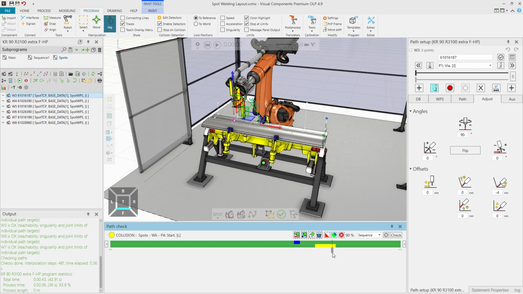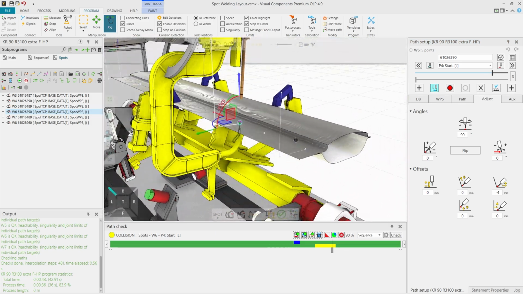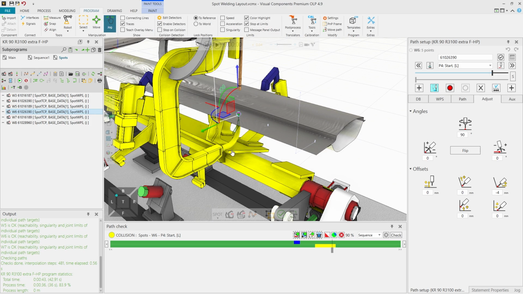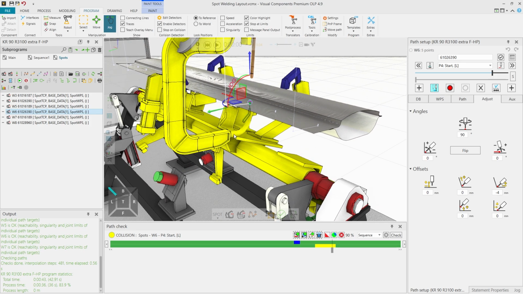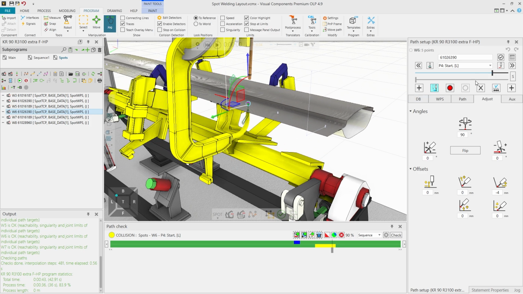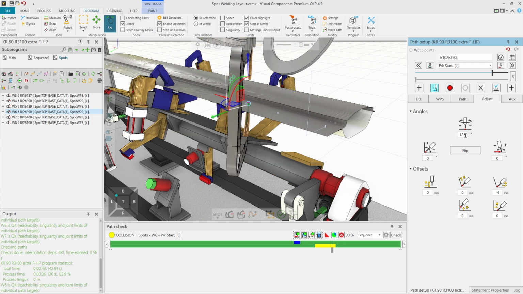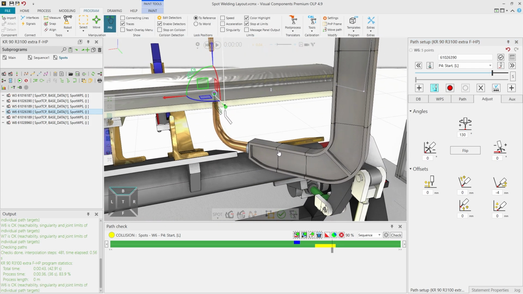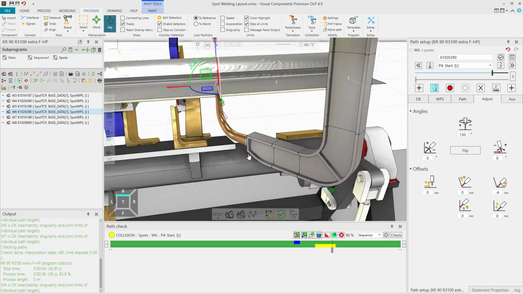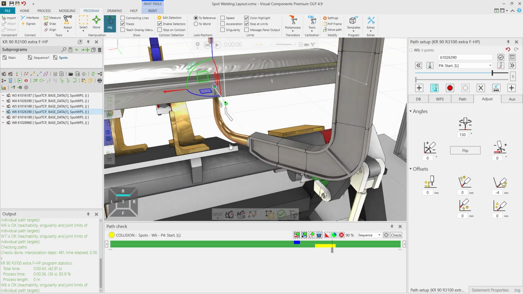You probably are not able to see how well the robot executes those motions, but in this case, we can go to that specific spot weld by clicking on the name. We're going to zoom in closer, and we're going to see where the problem is coming from. So in this case, we have a collision with the base of the welding gun and the base of the fixture. So in this case, when we want to modify this, we can control the angle for our tool so that in the clamping part, we are out of the collision with this gun and the fixture.